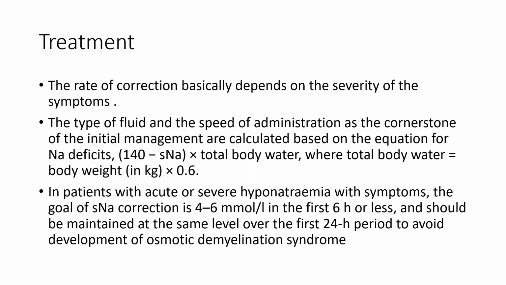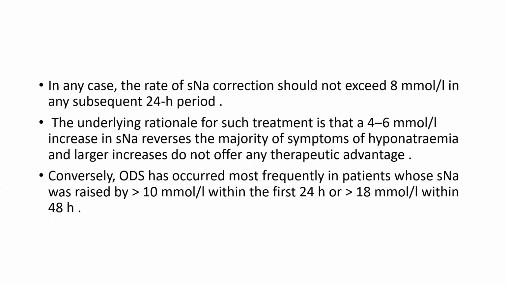In patients with acute severe hyponatremia with symptoms, the goal of serum sodium correction is 4 to 6 mmol in the first 6 hours or less, and should be maintained at the same level over the first 24-hour period to avoid development of osmotic demyelination syndrome. In any case, the rate of serum sodium correction should not exceed 8 mmol per liter in any subsequent 24-hour